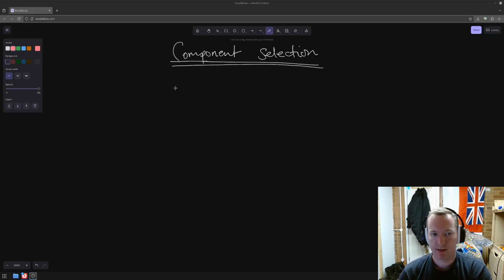Making a schematic is going to force you to fill in all of the little details that you need for your design, and that includes component selection. So this is potentially really overwhelming, I'll admit, because there's a ton of choice when it comes to picking components. But a good starting point is to